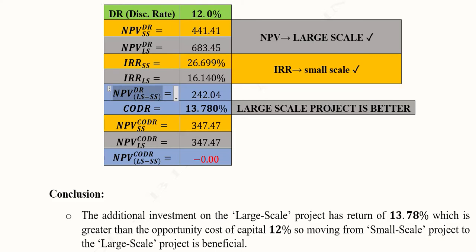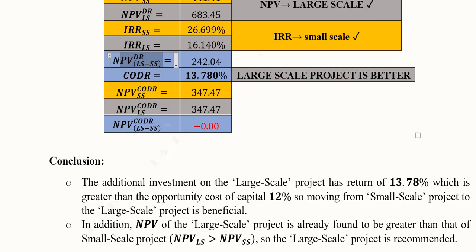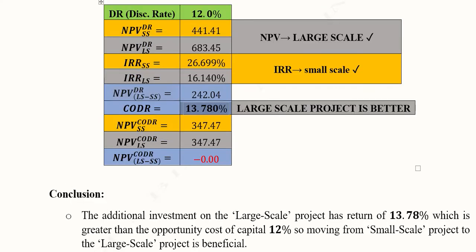This is another calculation, NPV of the differential of the net benefits. At the discount rate it was equal to this. So all these values are self-evident. These are the calculations on the discount rates, that is, the given discount rate, which was 12%. Now we come to the crossover discount rate, as we can find this out by using interpolation. Here it is not done, but you can pause the video and recall the formula of interpolation and use it in order to find the